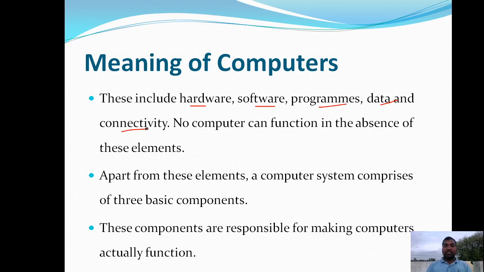Now coming to software, software is nothing but a set of programs. We use software to perform a specific kind of operation. Generally software includes the Microsoft Office Suite, Microsoft Windows, Windows 10 operating system, Windows 8, XP, Unix, the calculator application that we use in the computer, Notepad, and WordPad applications. All these we can simply call software.